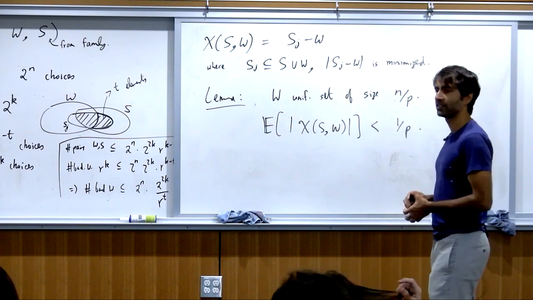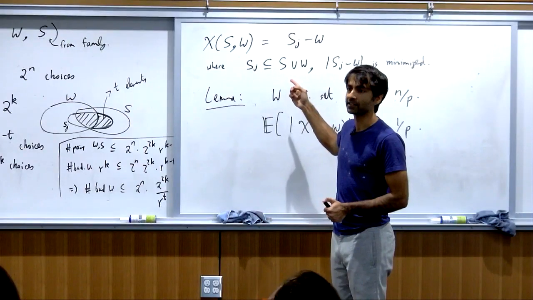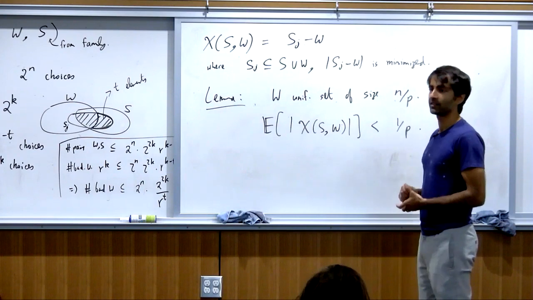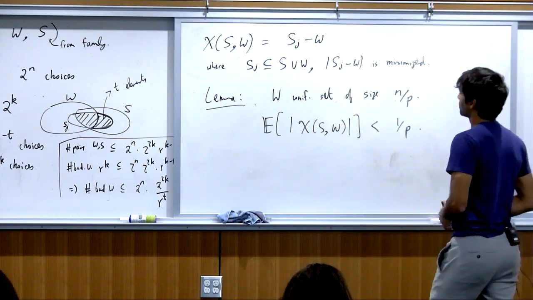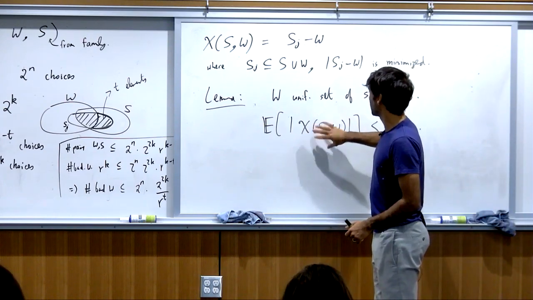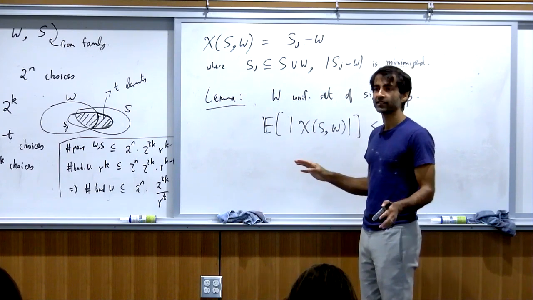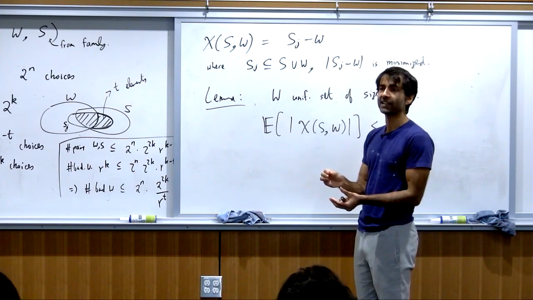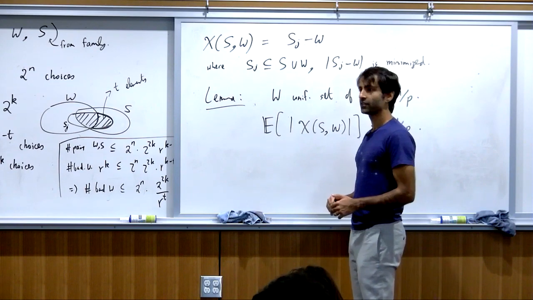Can you have the opposite, that no Sj satisfies the condition that it is a subset of S union W? No, because S is always going to be a set of the family, so S itself satisfies this condition. So we'll always apply this with S, a set from the family. What happens in this definition is when this quantity becomes empty, it becomes empty for all S, and when it's non-empty, it's also non-empty for all S, because as soon as it vanishes for one set, it means really that that set is contained in W, and then it vanishes everywhere.